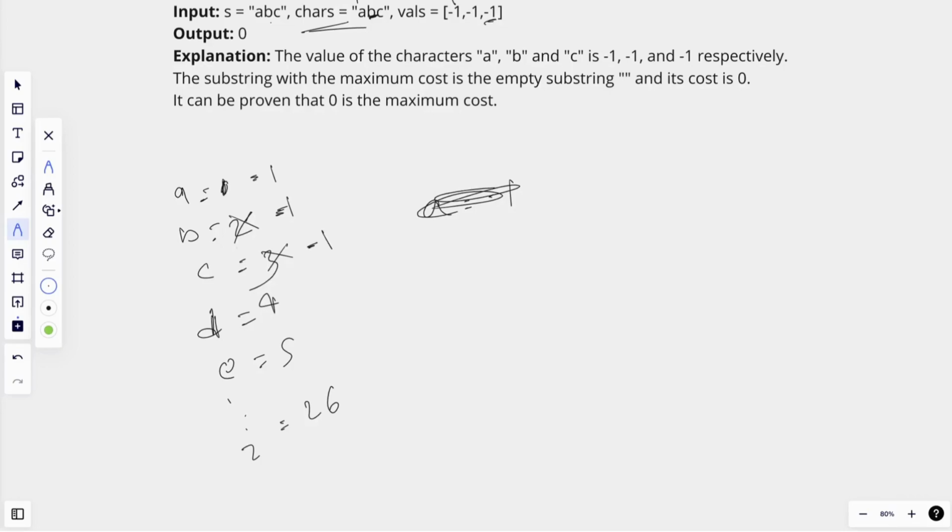Then we will check each substring of this string s and see what is the maximum substring value in this string. So that will be our approach. Checking all substrings will require O of n square time complexity, which will give TLE because n is up to 10 to the power 5. So we have to find a better approach.